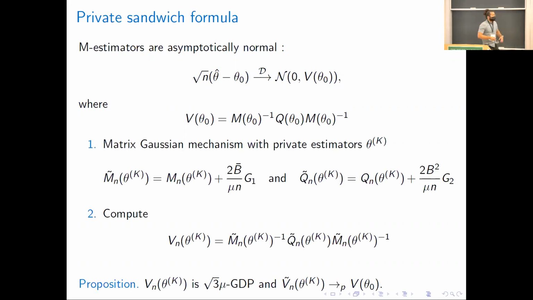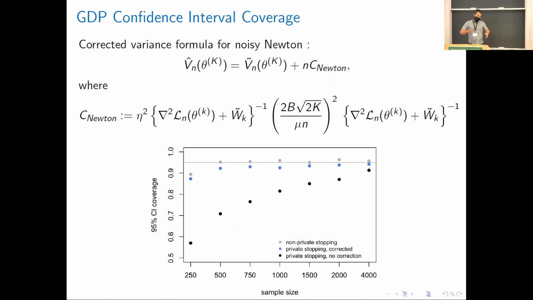Here, that's not good enough. You can plug in our private estimators, but you still need to add some matrix Gaussian noise to make each of the components of that sandwich matrix differentially private, and we can now generate private versions of M. M will be the Hessian. Q would be the expectation of the gradient transposed. This will be Gaussian differentially private, and based on an argument that is buried in the proof, there is some intuition that tells us we should add